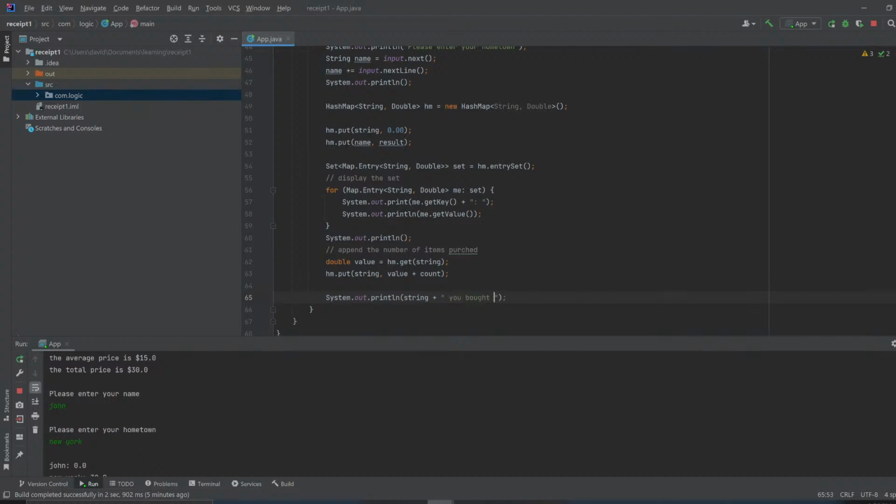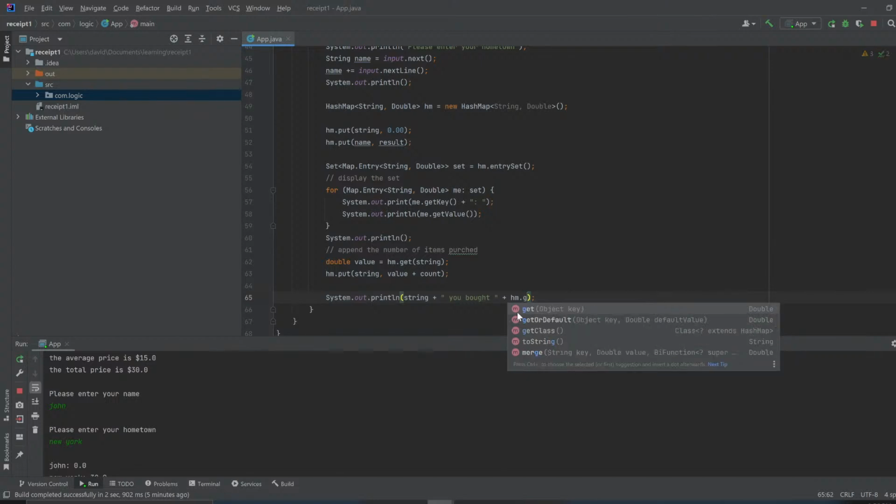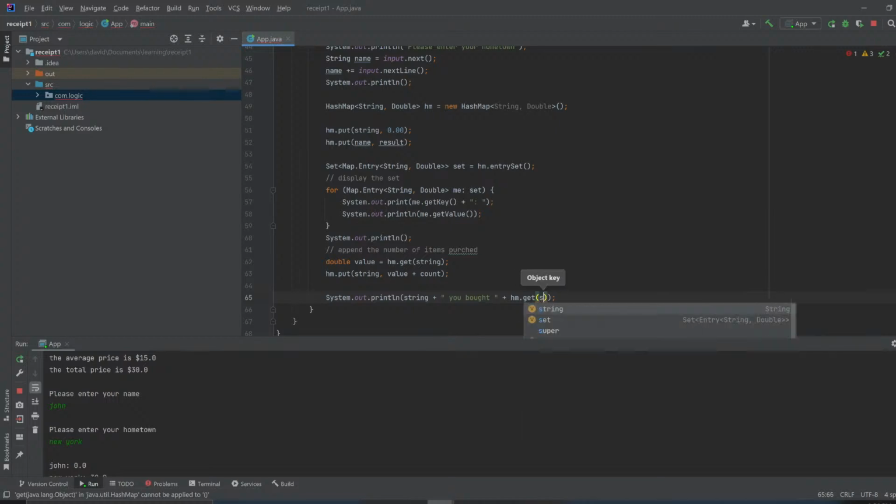You bought plus hm dot get string, doesn't prompt me. That value there, right? Plus,